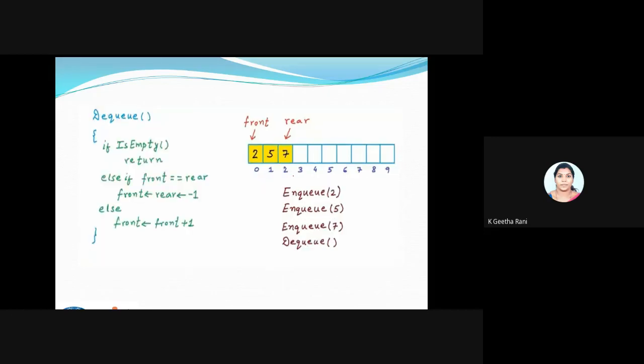Fine. So now we'll go for a dequeue operation. In dequeue, it happens only at the front end. Removing the data from the queue is called dequeue. So here I'm having a function. Before dequeuing, I have to check whether my queue is empty or it has some elements. If it is empty, I can't dequeue any data from my queue. So obviously I have to return from the function. That is what this tells you.